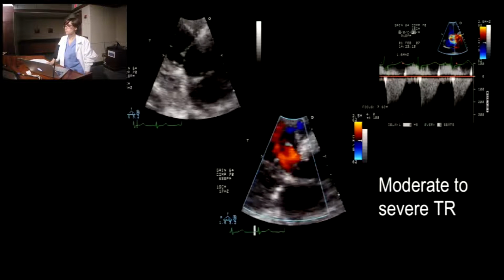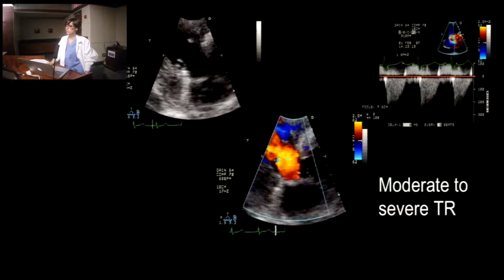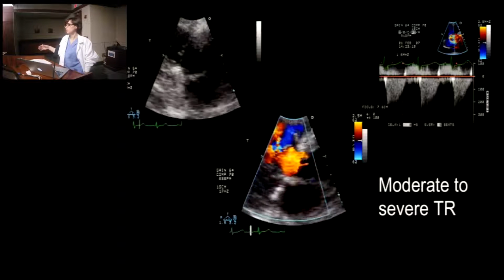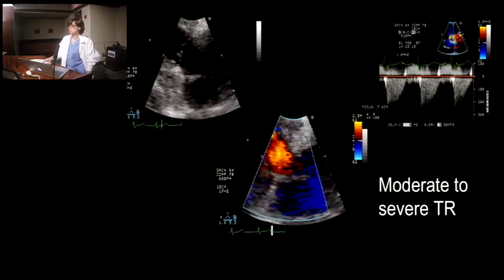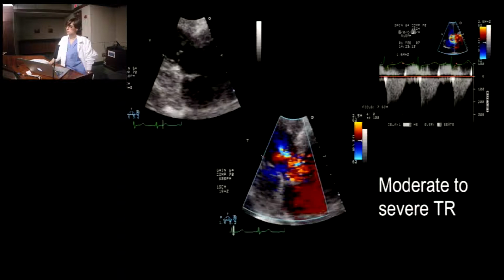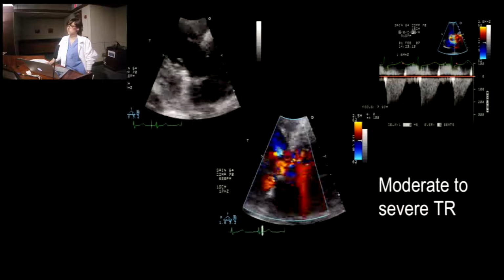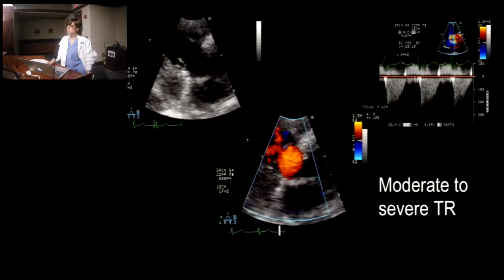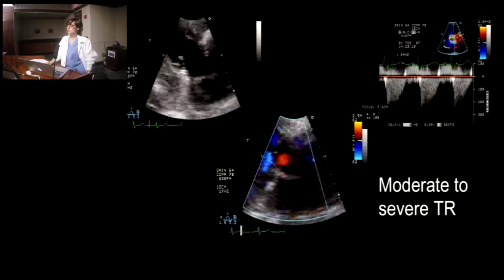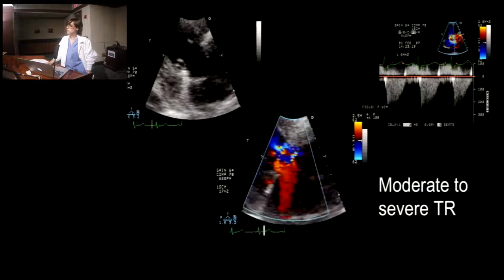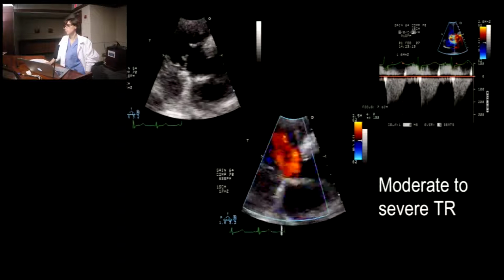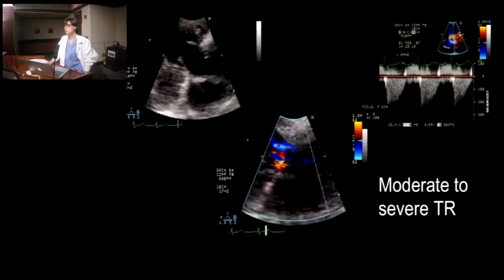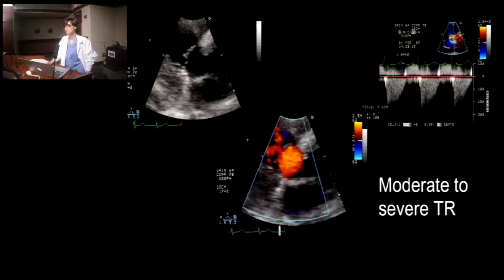And what's bothering me too is what's causing the RV dysfunction. I have no idea. Is this another event? Is this a TB event that has happened? What happened to the pressure? What happened to these other things? You rarely see a significant worsening of the RV. Is it just pure TR without any other thing? I think that's the implication based on the session: a normal ventricle, severe TR.